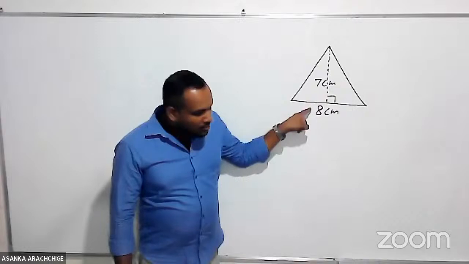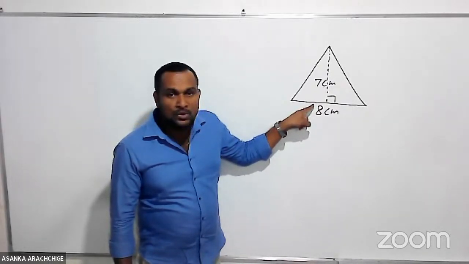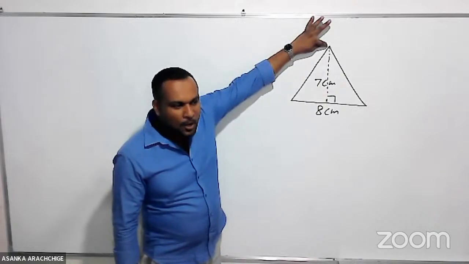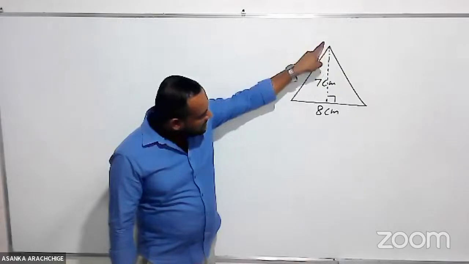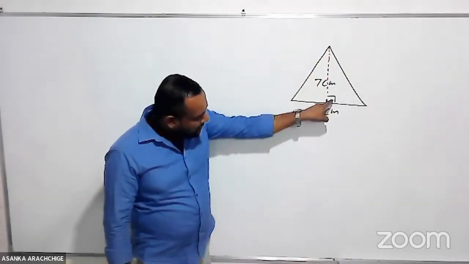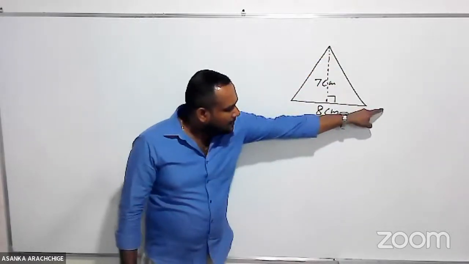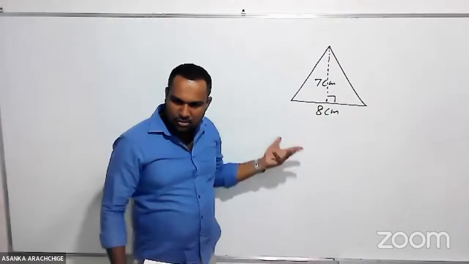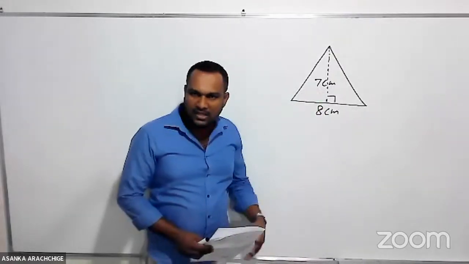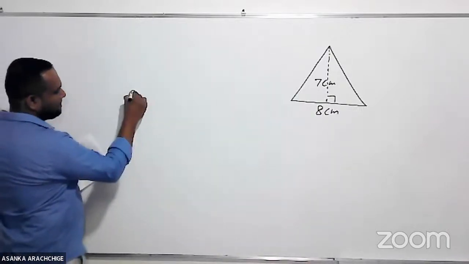Now with respect to this side, this is the vertex opposite it. This is the perpendicular drawn from that vertex to the level of the base. We know both. Now this is B, this is H. Clear? Therefore area